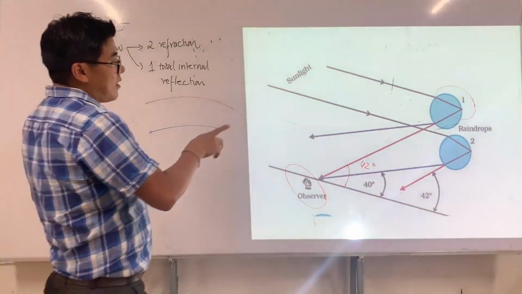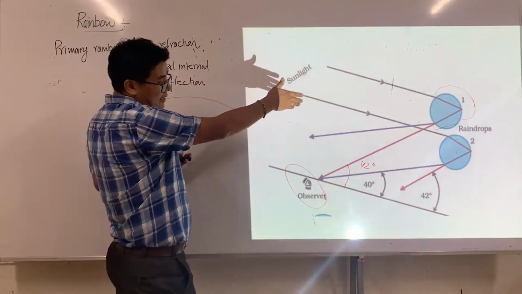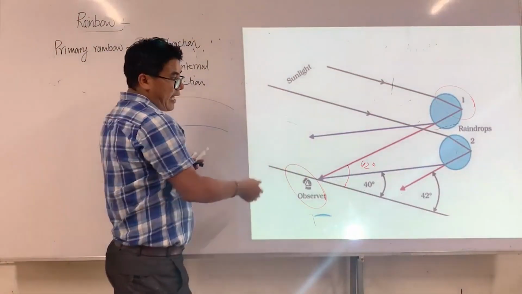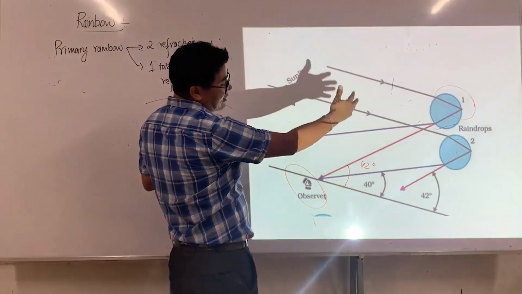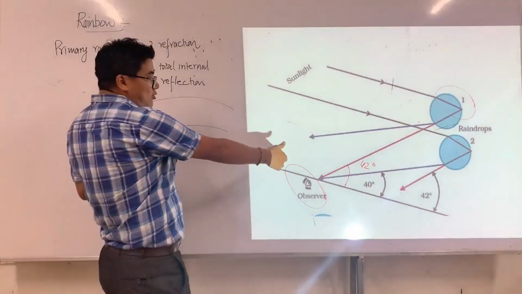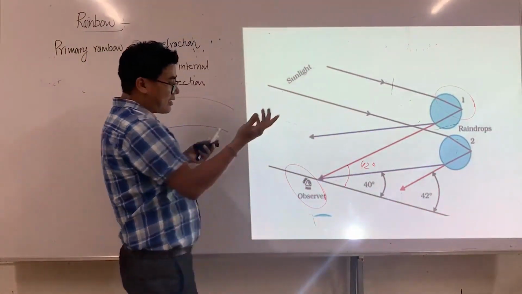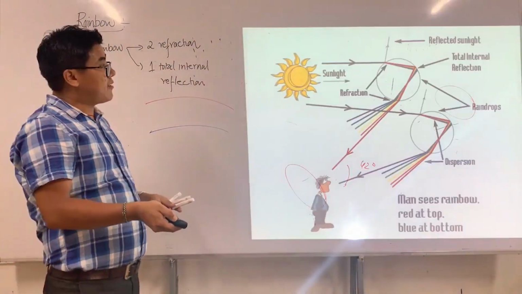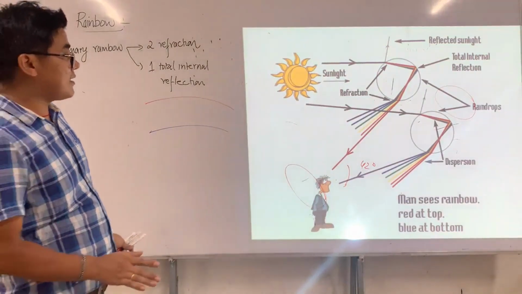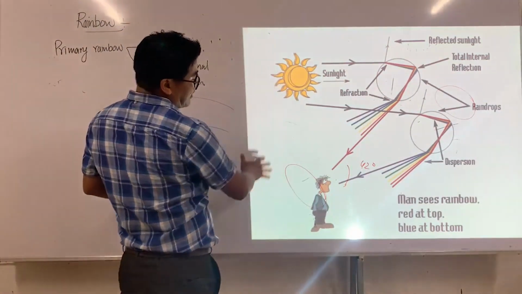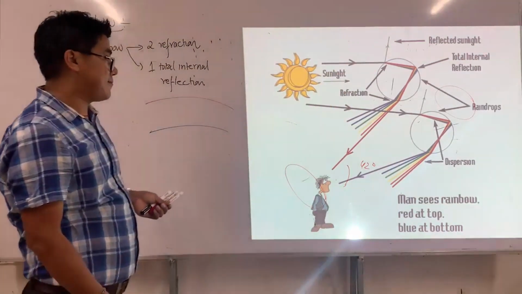So I just said, the red of the first drop enters into your eye at an angle of 42 degrees, and then the violet of a second drop enters into your eye at an angle of 40 degrees, and all other colors align with these two, and this is how you can see a primary rainbow. This is a little better. So you have observed here the sun, at the opposite side, and you can see it like this.